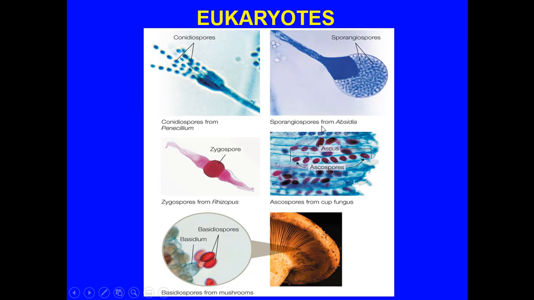Take a look here, a sporangiospore of the Absidia. This is almost like a flower top, or you might think of it almost like an ice cream cone in its shape, but really what it is, this is a containment membrane with lots and lots of these spores. So when this breaks, these spores are going to spread out and seed individual new Absidia.